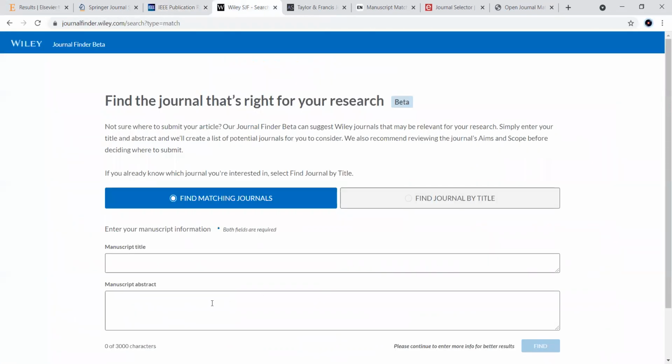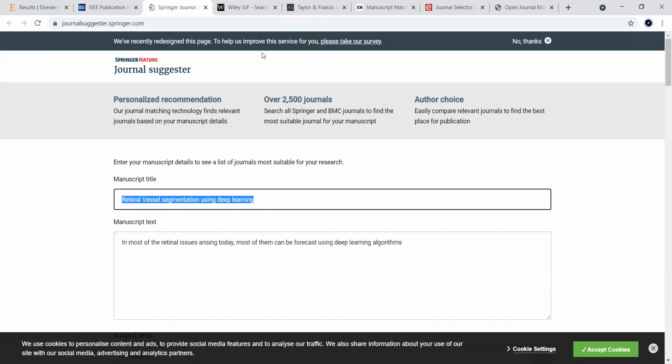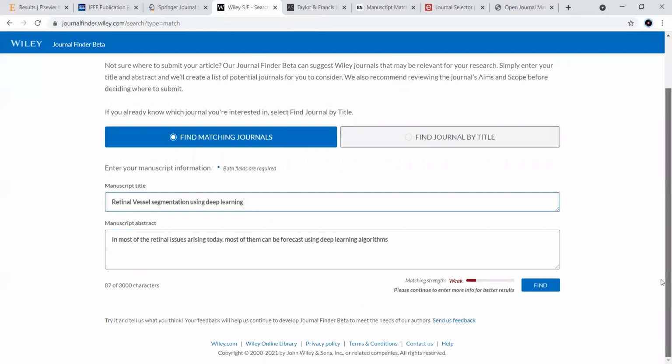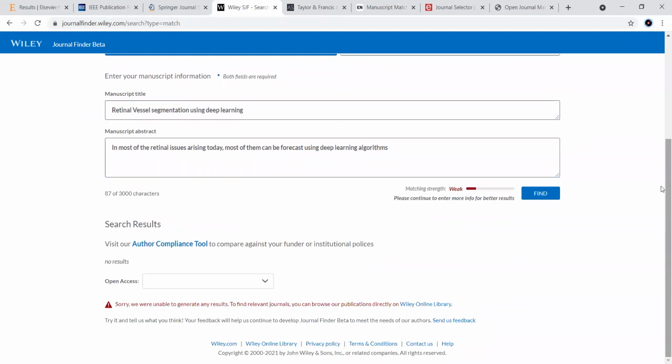Similarly, for Wiley, I go for the same title here. I will copy the same title here. Actually, I have taken a very short one, which is why it is showing some problems here. We have to increase it with more sentences.